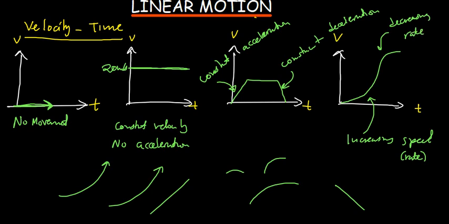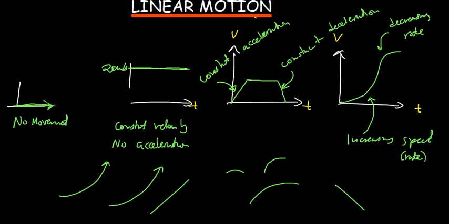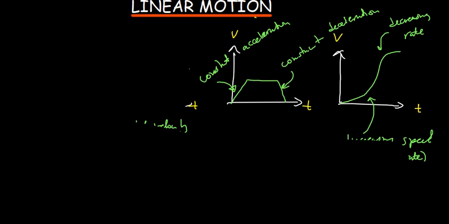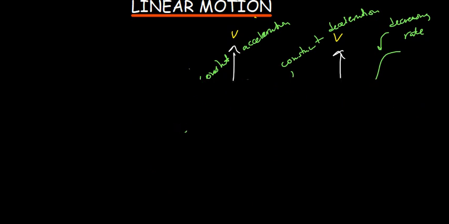So these are some of the things that you should be able to know when you're talking about travel graphs. You need to understand this because they can give you a graph in an exam and then they ask you to interpret what it means. So again, just from here, you need to understand what we call equations of motion, because we're talking about linear